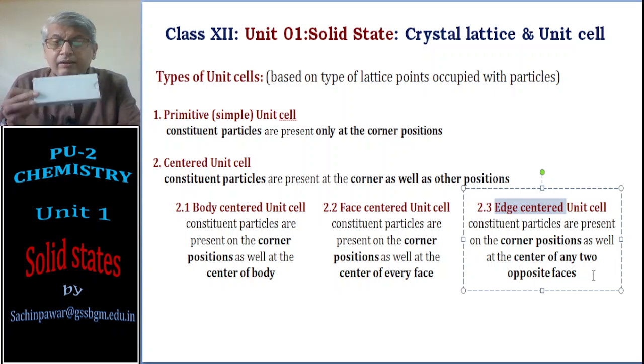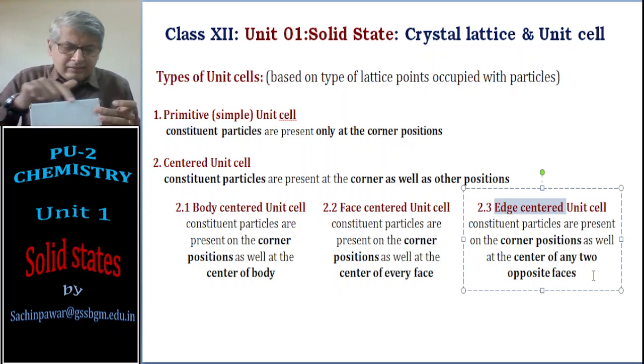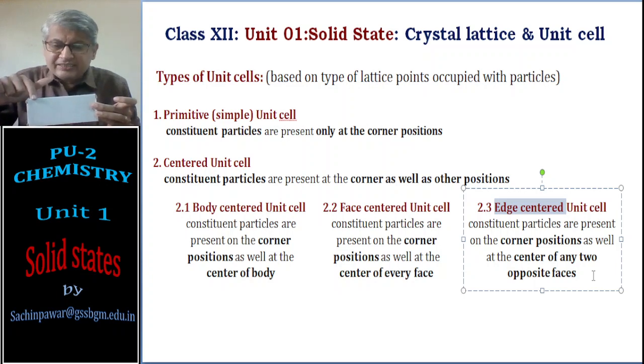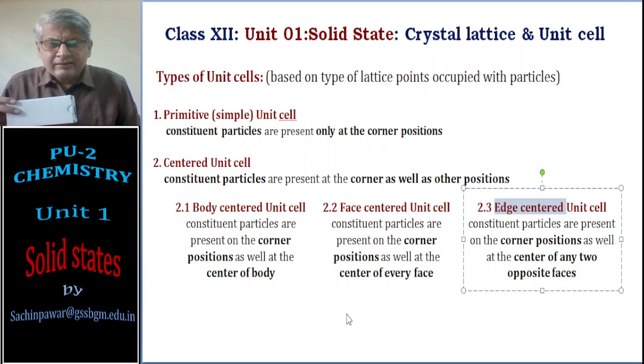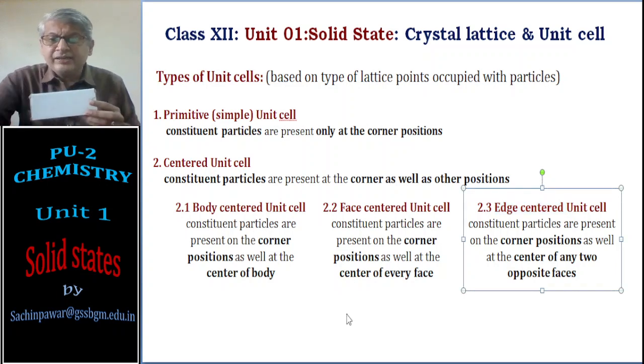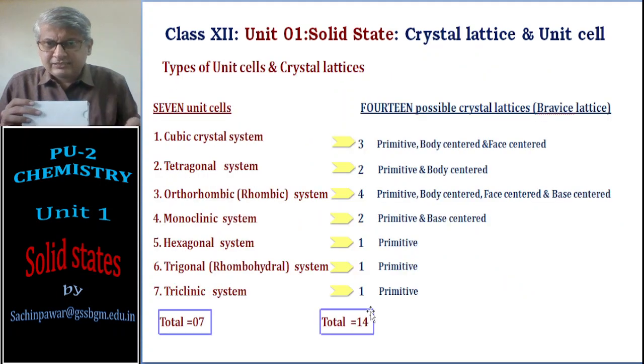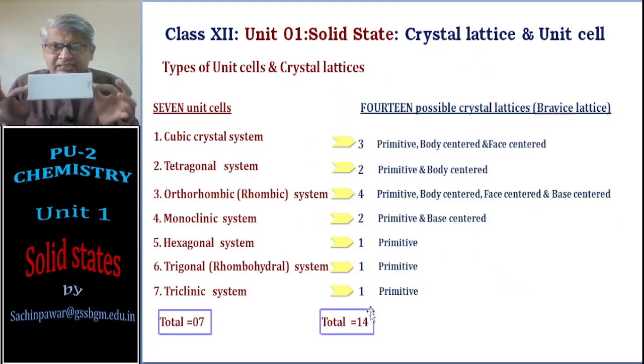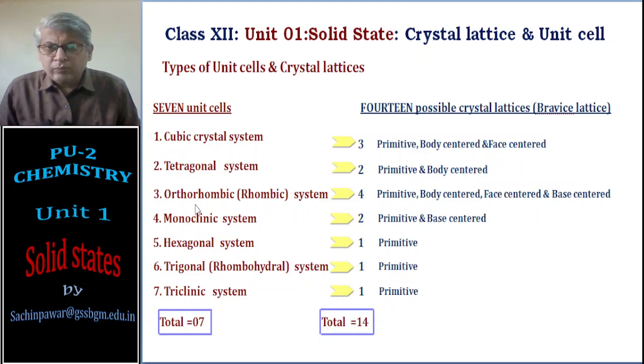Let's see now. If I just combine the edge lengths, that is imaginary lines, and the particles, then I will see that I can form a chart. Here, and that chart goes like this. So you see there are 7 such kinds of crystal unit cells: cubic, tetragonal, orthorhombic, also known as rhombic, monoclinic, hexagonal, trigonal, triclinic, that is 7 in number. And depending upon where the particles exist, we have again subdivisions.